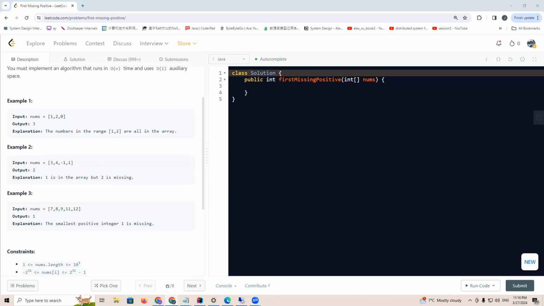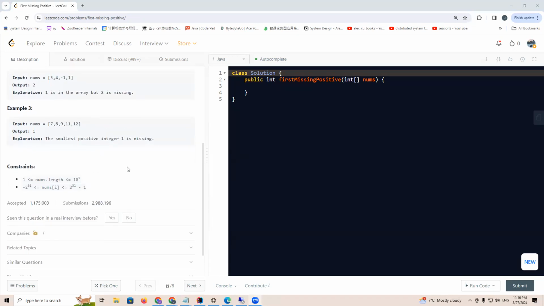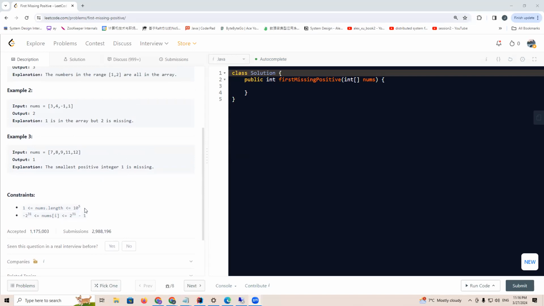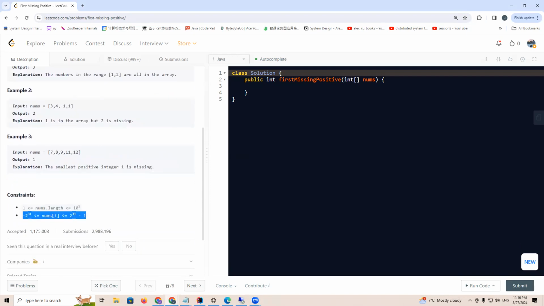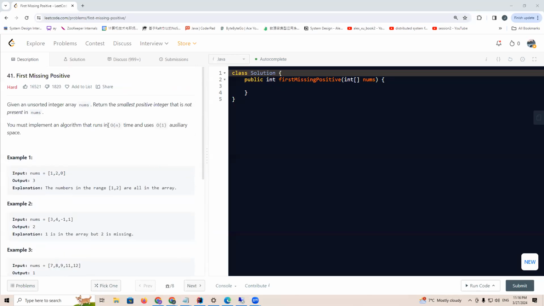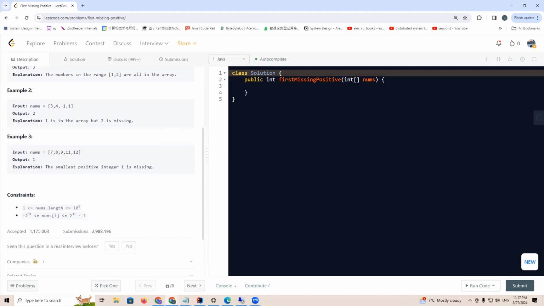So what are we thinking about for this question? It has a nums range of 10 to the power 5, and also a length range, right? And the nums range is the whole integer range. Actually, this question asks us to do this in O(n) time and O(1) constant space. So what we're thinking about is that